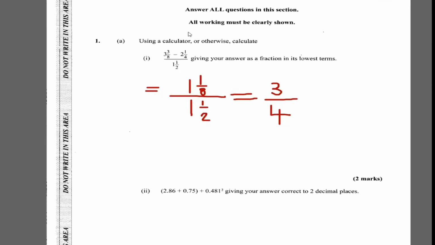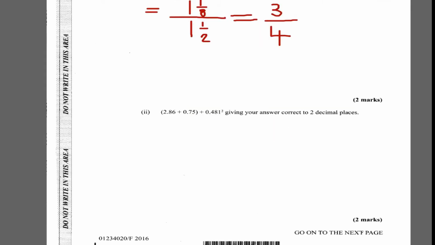And let's go to the second part now. It gives us this statement here, and it says evaluate this, giving your answer correct to 2 decimal places. This is very important. First thing, always work out what's in the bracket first. So put in 2.86 plus 0.75. When you add these two together, you're going to get 3.61. So work out the brackets first. Then plus